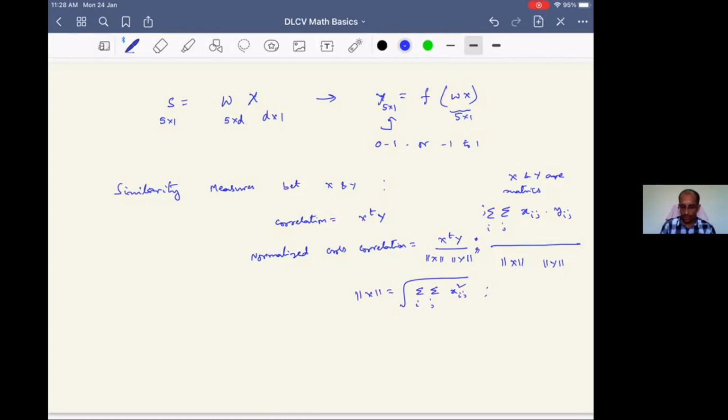So now, similarity can be measured through correlation or normalized cross correlation. Of course, there are a few other methods. This normalized cross correlation can sometimes also be related to the angle between the vectors, and you can measure the angle theta between the vectors as a measure of similarity. And then if we would like to measure dissimilarity,